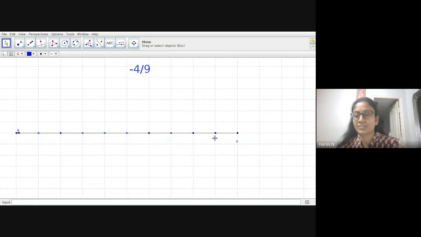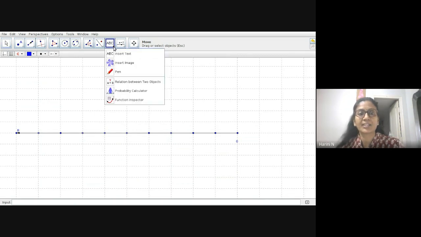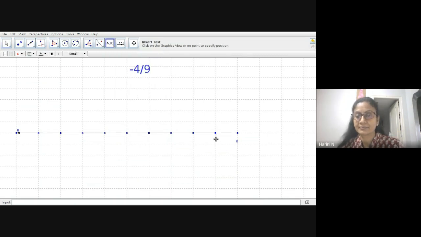Okay, so the first point that I'm going to mark is negative 1 by 9, right? So that position is for negative 1 by 9. So the second position will be occupied as the negative 2 by 9.